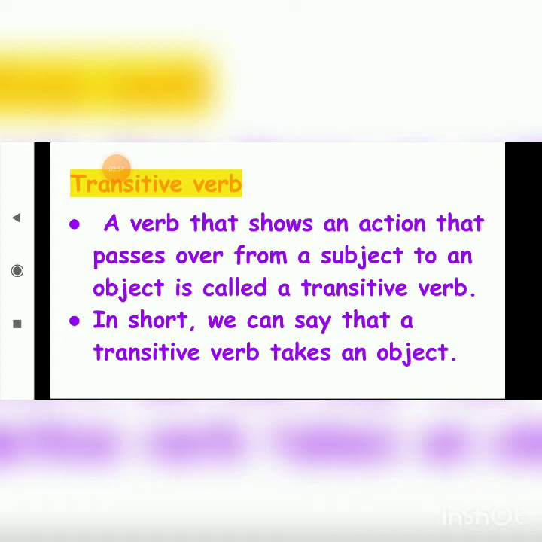So, moving ahead, I hope the transitive verb concept must be clear to everyone. Moving next. Look at this example, students: The baby cries. Here, cries is what? Cries is a verb. After that, nothing is there. So the baby cries; it is only related to the subject.